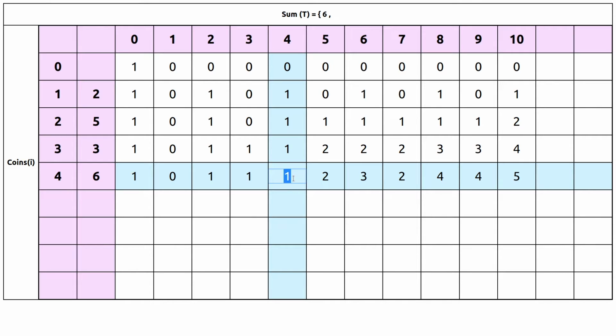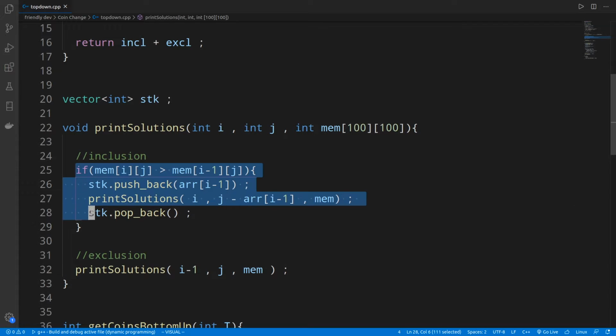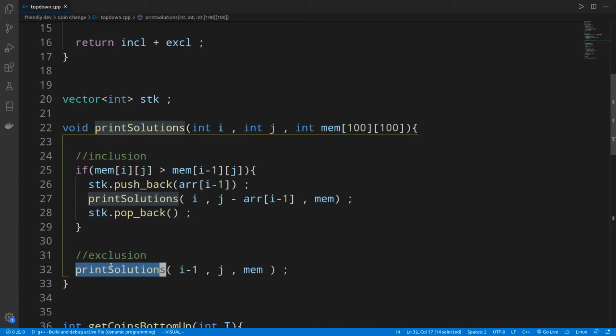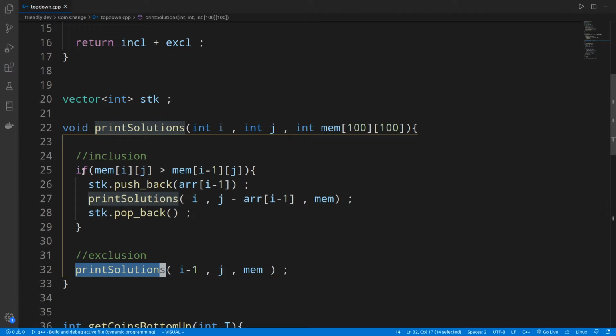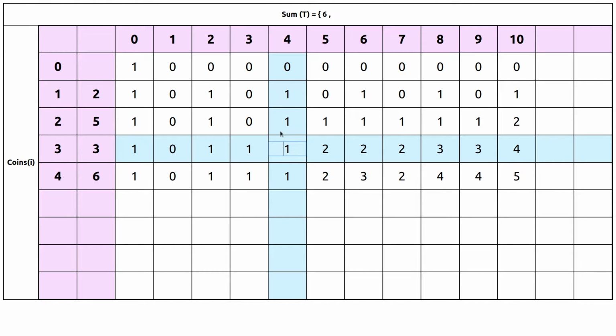In this cell, we check if our current item is greater than the previous row. No, it's not. So we cannot take the inclusion choice. So this condition will be false, and we move on to the exclusion choice. Okay, so here since this is equal to the previous row, we move on to the previous row. Okay, here again we need to check if we can include 3 to sum up to value 4. No, we cannot include 3 because this value is equal to the previous row. So again our recursive function will move on to the exclusion path, and so we move on to the previous row.